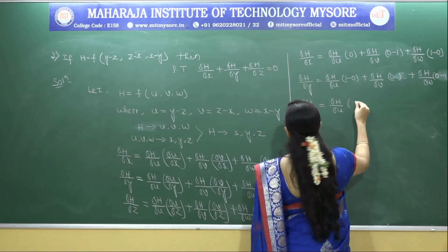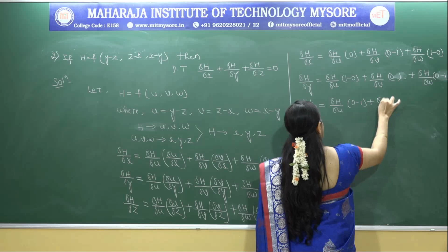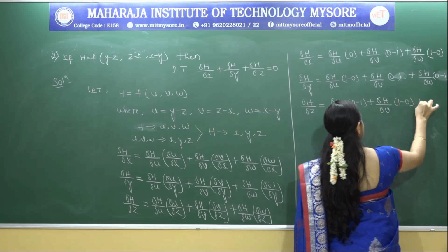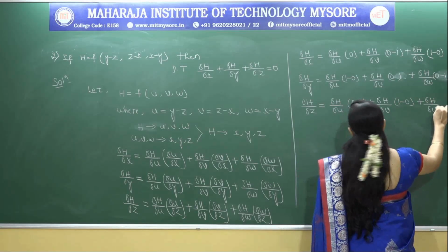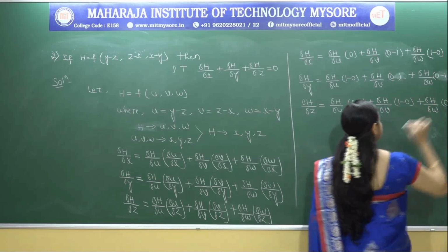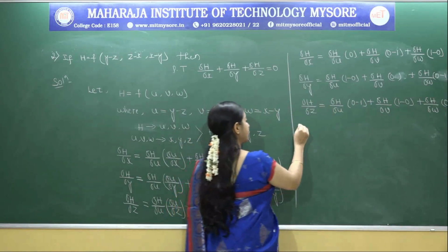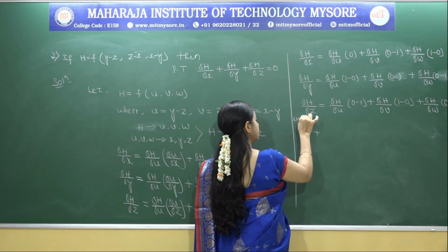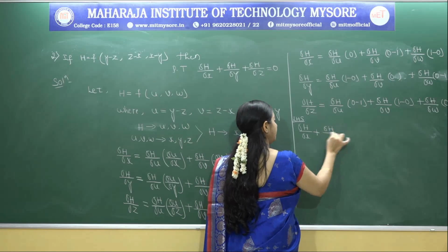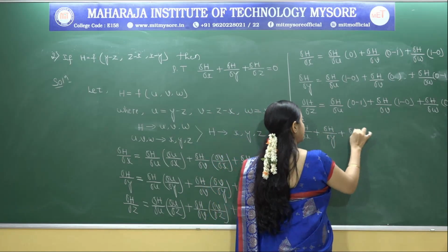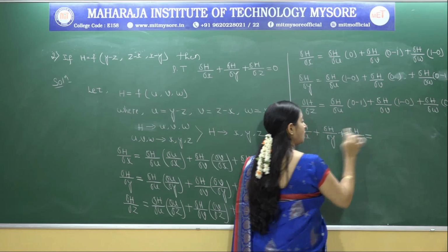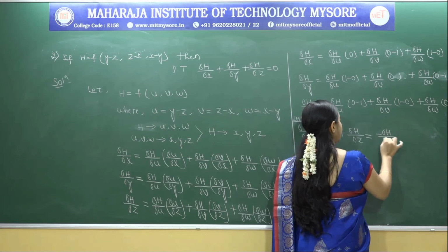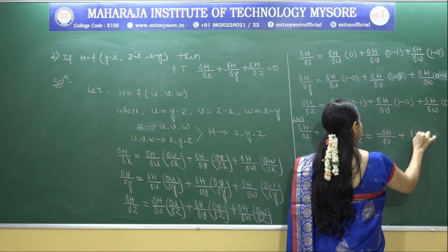U with respect to Z, V with respect to Z, W with respect to Z. So the first part, del H divided by del X plus, I consider this as the LHS part, del H divided by del Y plus del H divided by del Z. This equals, the first part is 0, second one minus del H by del V, third one plus del H